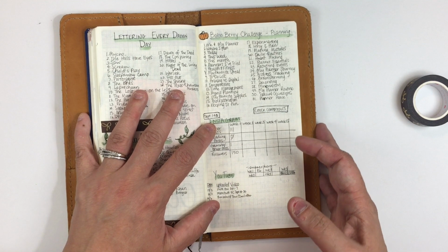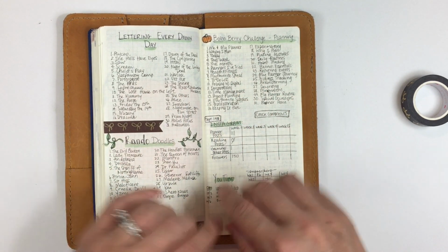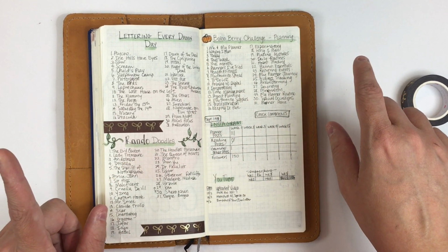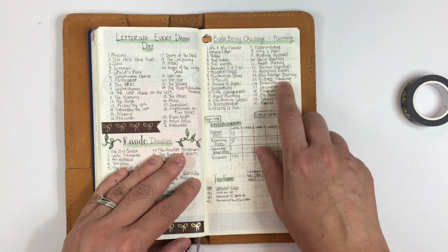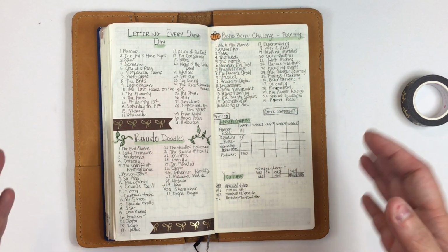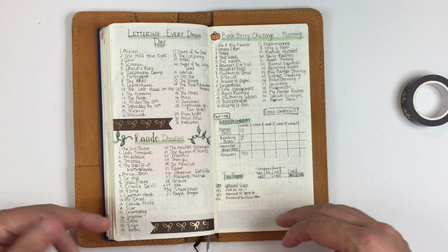And then I pulled from Boho Berry. She's on YouTube and also on Instagram. And I think she also has a Facebook group, but I'm pretty sure I'm not in that. Anyway, I pulled this from Instagram. I know she does a journaling challenge, and so I wrote down the challenge prompts for that as well. I have actually only done a few of these, but I was thinking if I have the time and